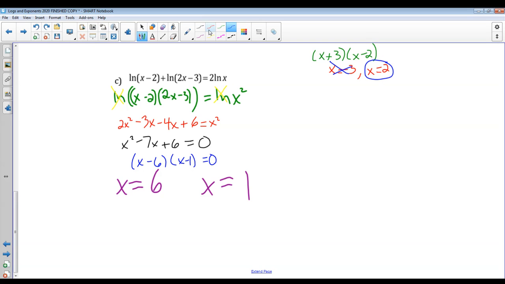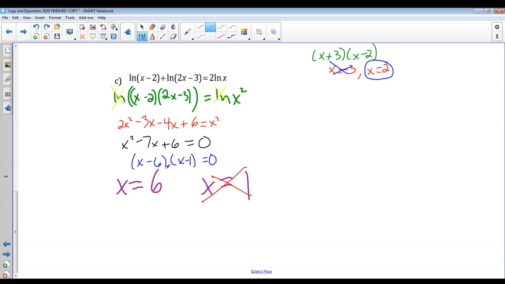Okay. So a very similar question. We combine the terms. We get rid of those natural logs. And the same thing, we always have to check for extraneous solutions at the end. If I plug in x equals 6, I have no problems. But if I plug in x equals 1,